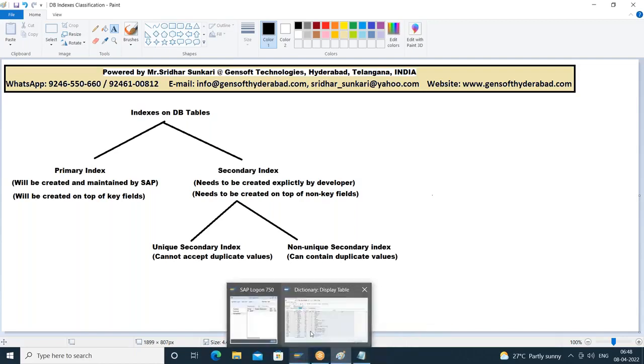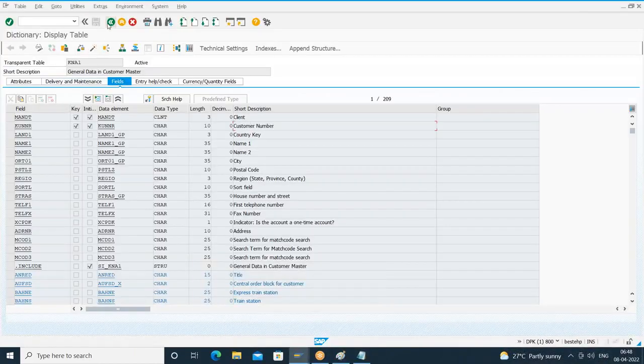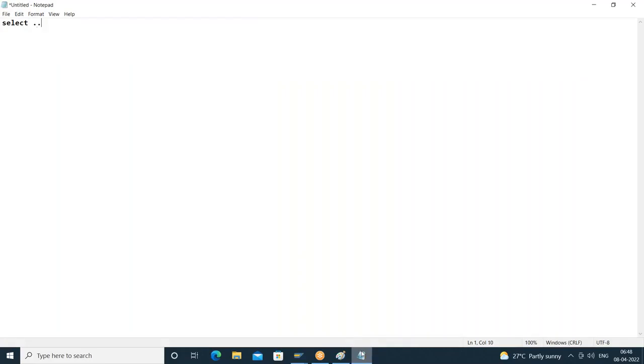Suppose in this particular table, what are the key fields here? One is MANDT, another is customer number. Suppose I write select so and so from the KN1 table into so and so, where customer number equals so and so. I'm going to provide some value. So in my where clause, I'm comparing with the customer number field, which is a primary key field in the KN1 table. So since we are executing the select query comparing with